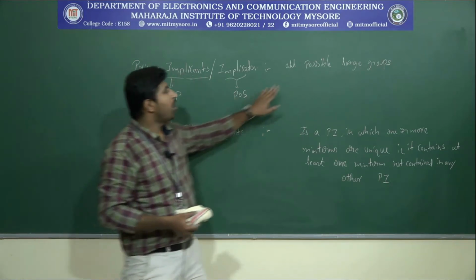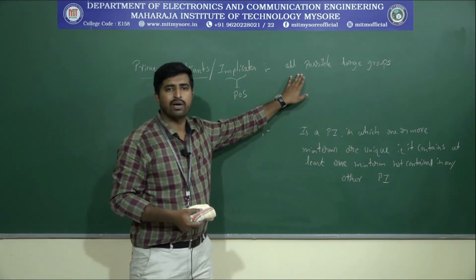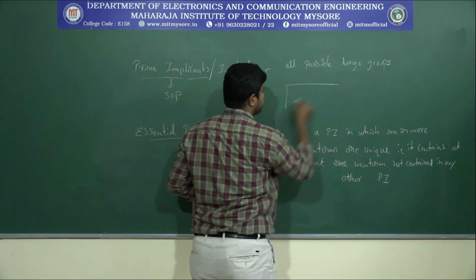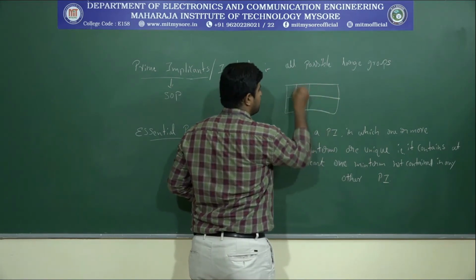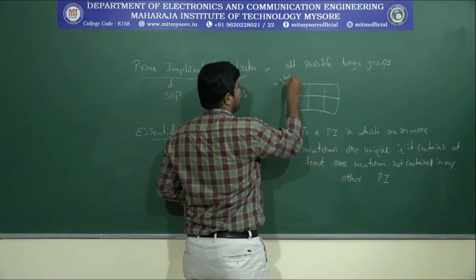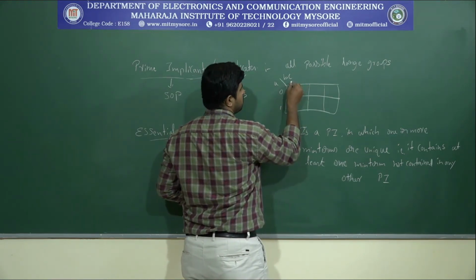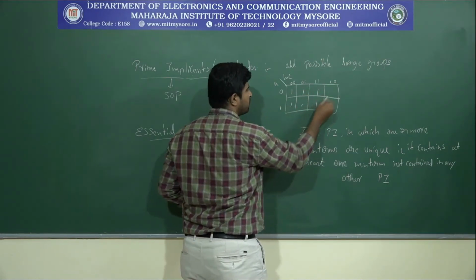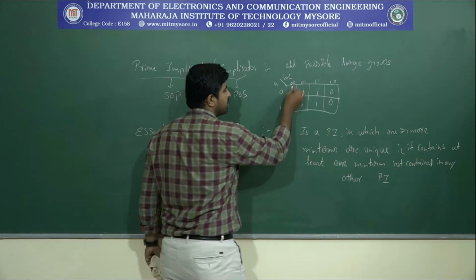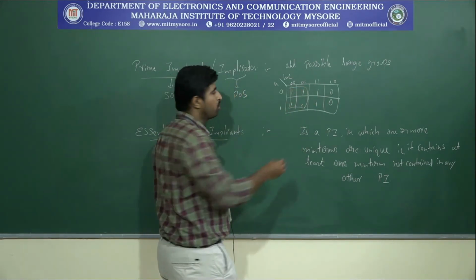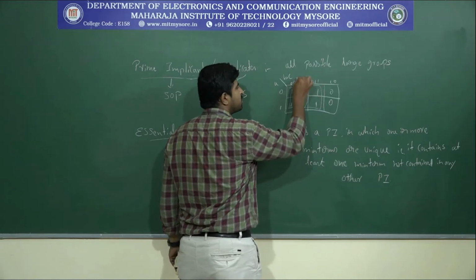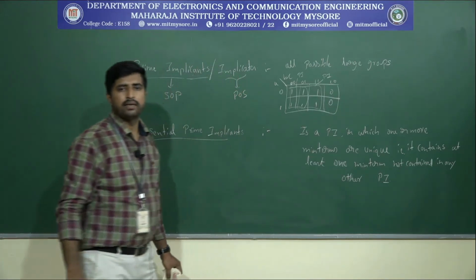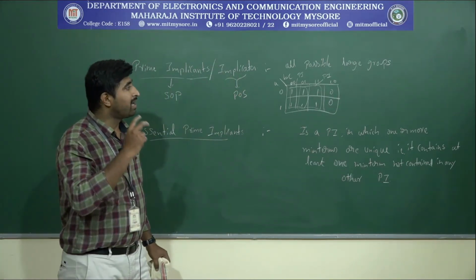Prime implicants means all possible large groups in a K-map are called prime implicants. So if you take a K-map, assuming 3 variables, and assuming these are our values 0 0. Now if you make this the 2, we are going to make this 4 one group and this 4 one more group, and this is called prime implicant 1 and this is another prime implicant, PI. Hope you get possible large groups.